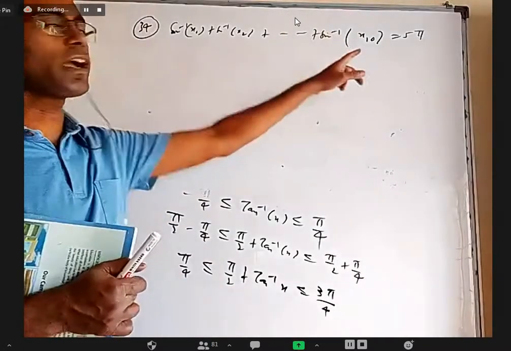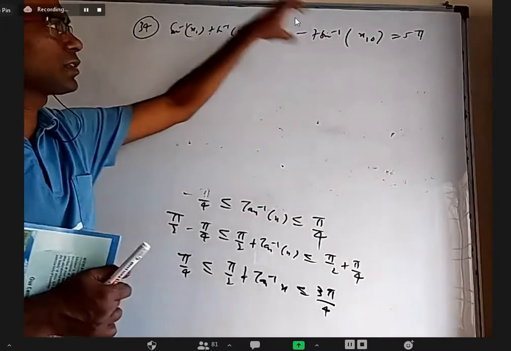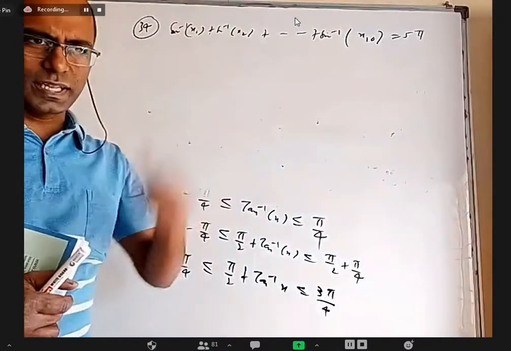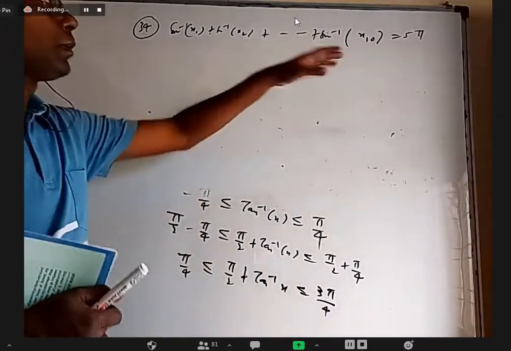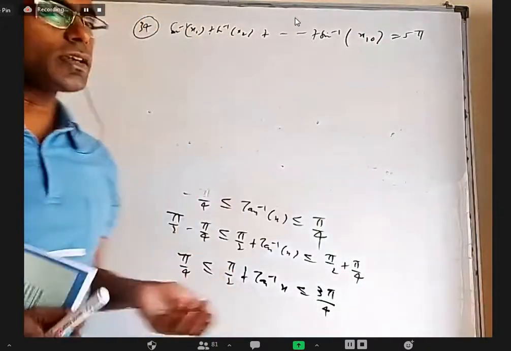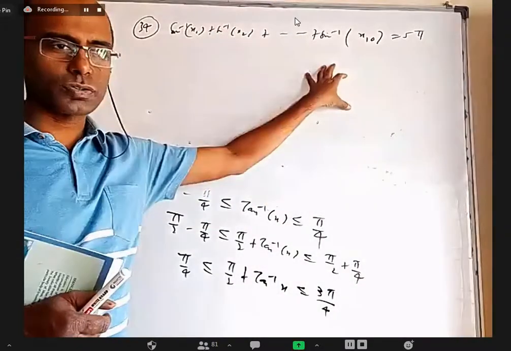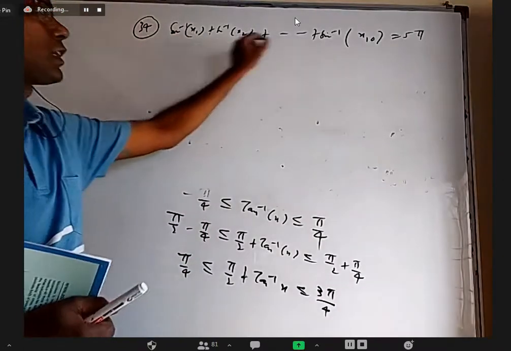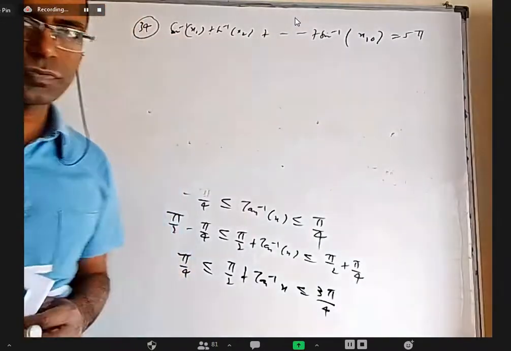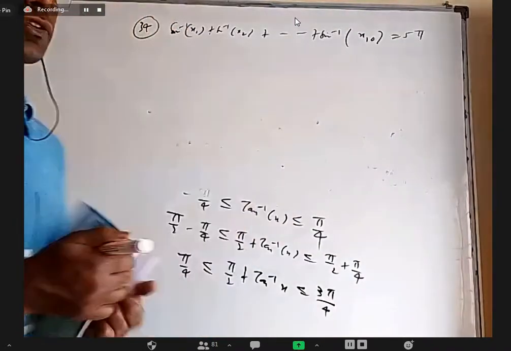So equal to 5 pi is only possible when this is pi by 2, this is pi by 2, this is pi by 2. If any one of them is less than pi by 2, equal to 5 pi is not possible. But if they had given 4 pi, I cannot say that everything should be pi by 2s, or a few pi by 2s and a few pi by 4s. Not necessary. There will be infinite combinations. This may be a little less than pi by 2, that may be a little more than pi by 4, all sorts of things. So with one equation and 10 unknowns, you must recognize that it is an extreme value.